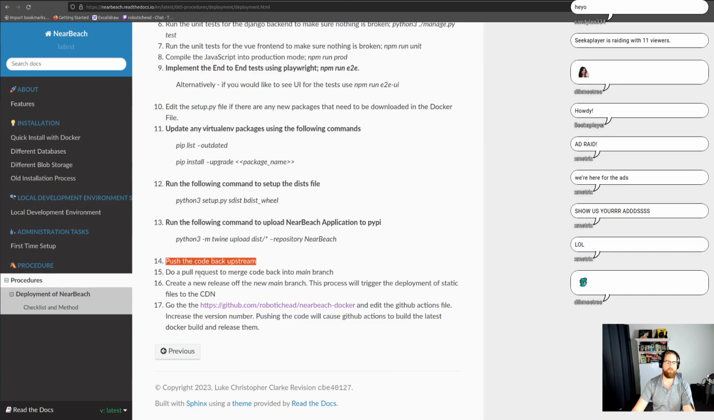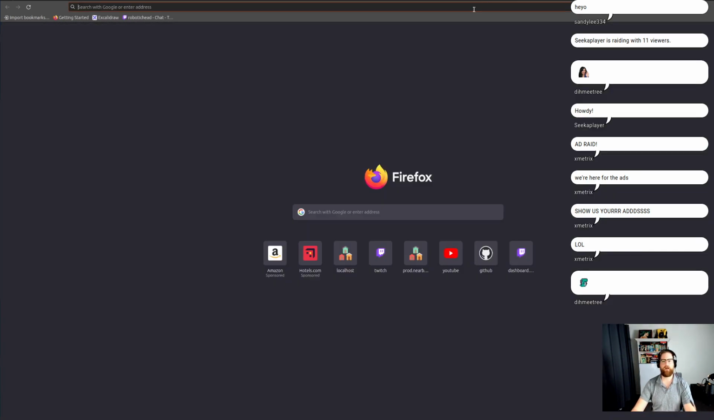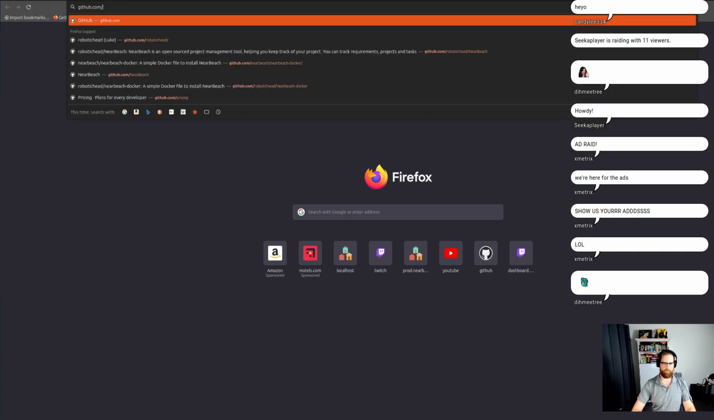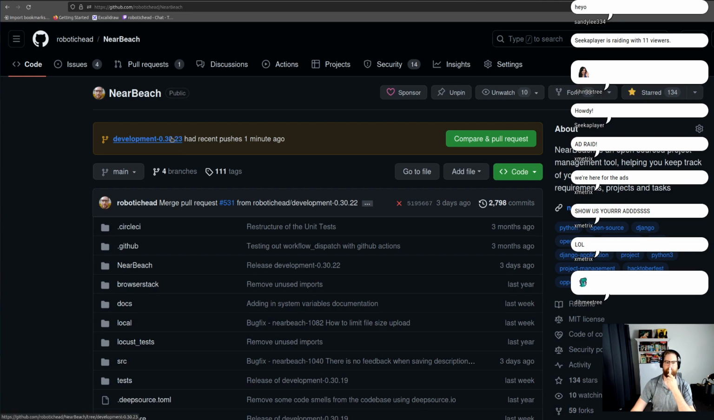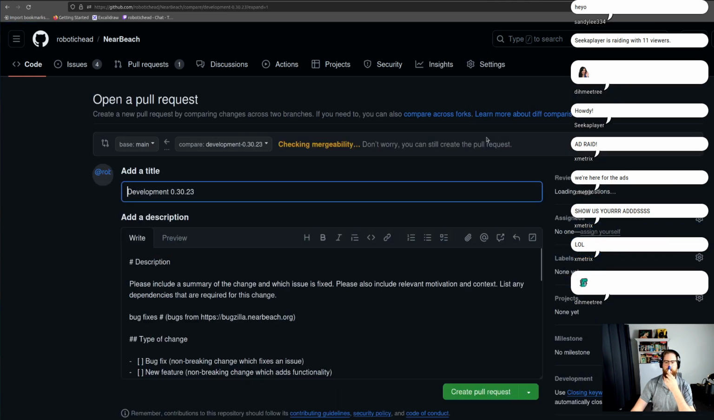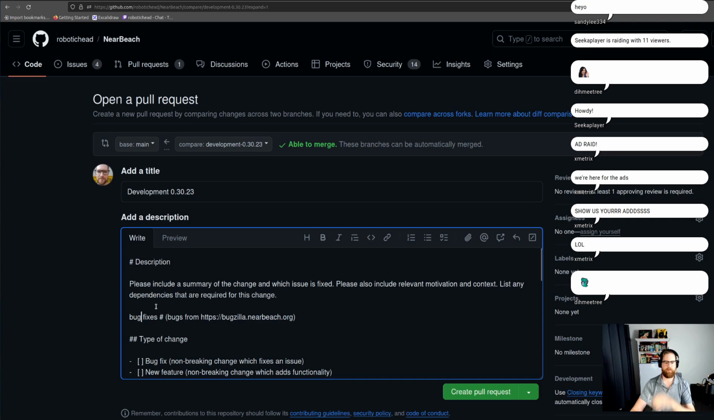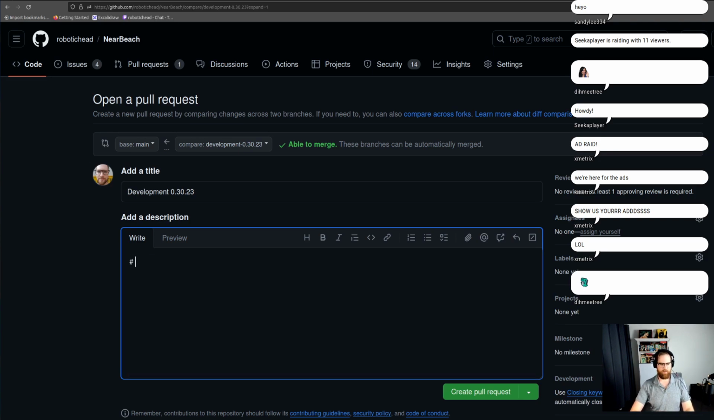So we just pushed the code back upstream. We're now going to do a merge. Compare and do a pull request. So we pull in this. We got bug fixes. And then all we need to do,